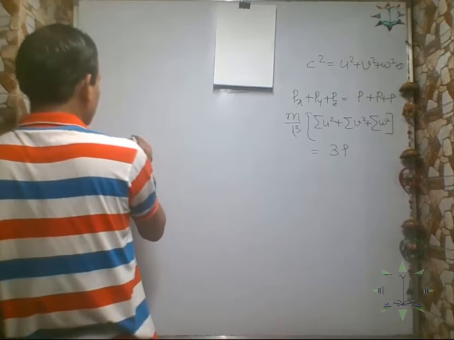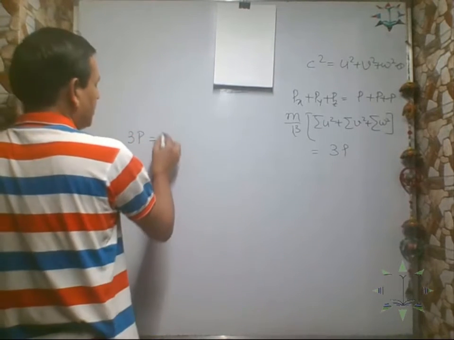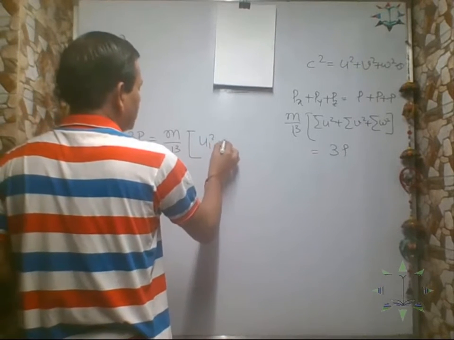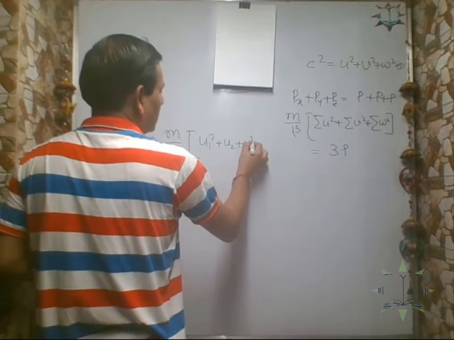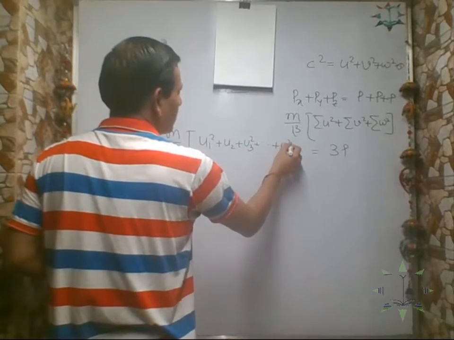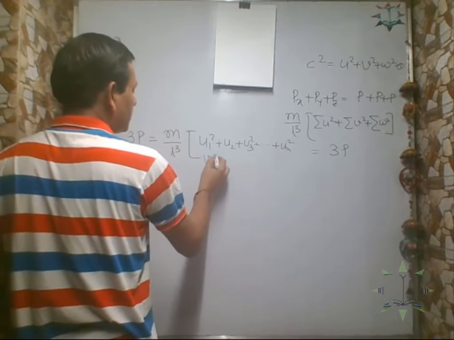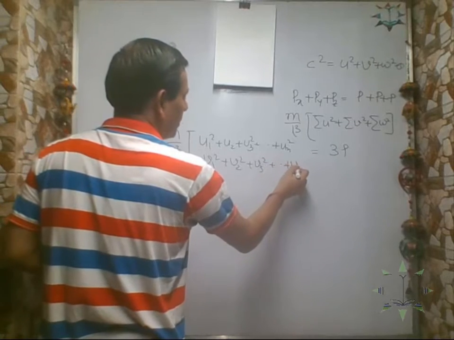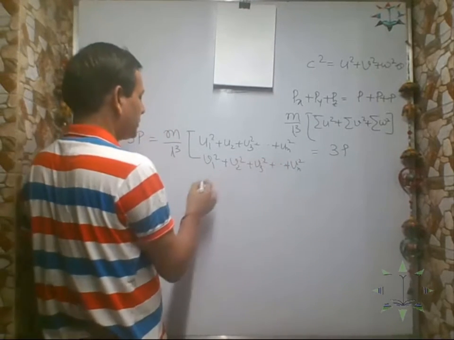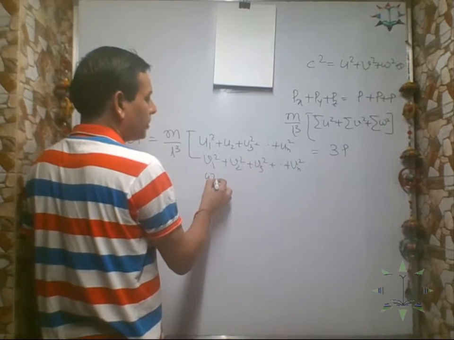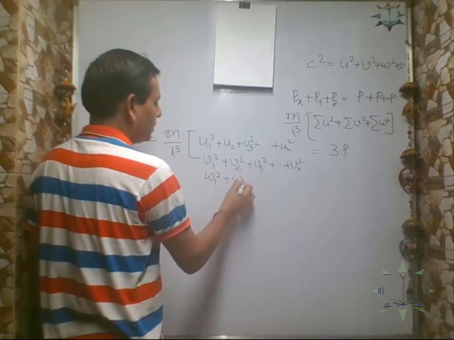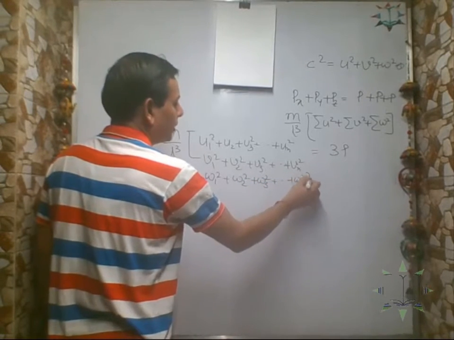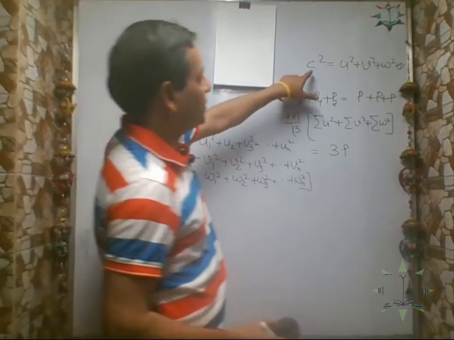So now we are interested in deriving the pressure. So it is m by L cube. U square means U1 square plus U2 square plus U3 square, up to n number of molecules. Similarly, V square is V1 square plus V2 square plus V3 square, up to the nth molecule's velocity along the y-axis. Summation of W square means W1 square, W2 square, W3 square up to Wn square. Correct? See, if C square is,